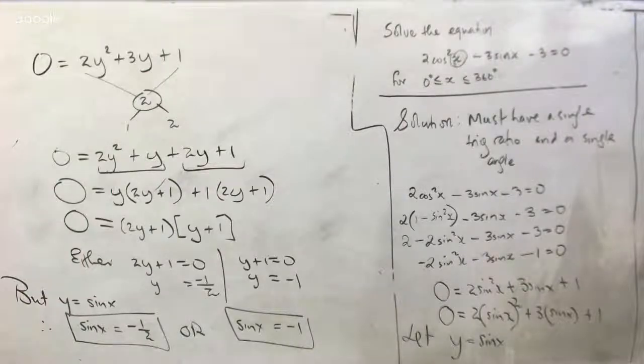No, we're not done yet. We have to find values of x. Remember, we said solve the equation, so I need to say the x values, right? I was saying in fifth form, what you would have done at that stage was to say sine inverse, but that's not enough at this stage. That's one answer.